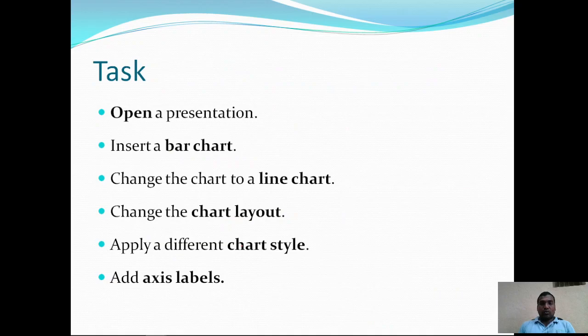Okay, so this is about today's session, and try to open a presentation and insert a bar chart into the presentation, and change the chart to a line chart, from bar chart to line chart, to pie chart, and try some scatter charts, and etc. Okay, then try to change the chart layout, apply different chart styles, add axis labels.